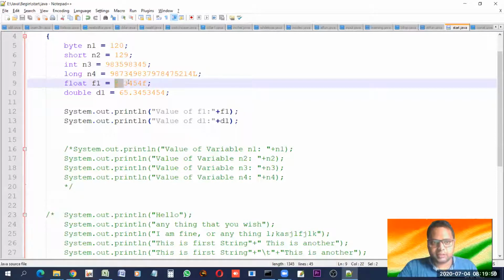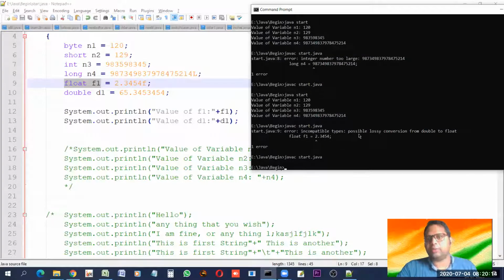It is considering this as a double data type, meaning it will take 8 bytes. It's thinking so. But here I am writing float f1, meaning 4 byte capacity. So it's warning you that conversion from double to float will lead to loss of data. Of course, if a 2 liter container is full and you pour the fluid into a 1 liter container, it will overflow.